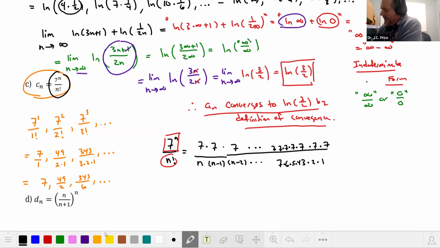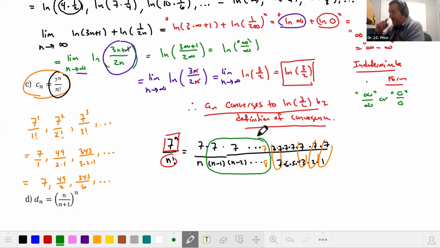And so what you want to see is that each of these guys are going to go together, right? The 7 and the 1, the 7 and the 2, the 7 and the 3, the 7 and the 4, the 7 and the 5, the 7 and the 6, and the 7 and the 7 go together. But everything over here, so 8 times 7, so all this stuff right here,